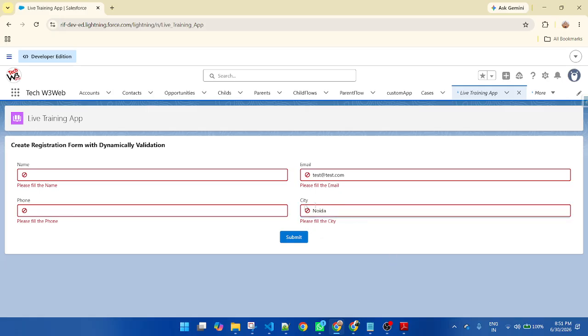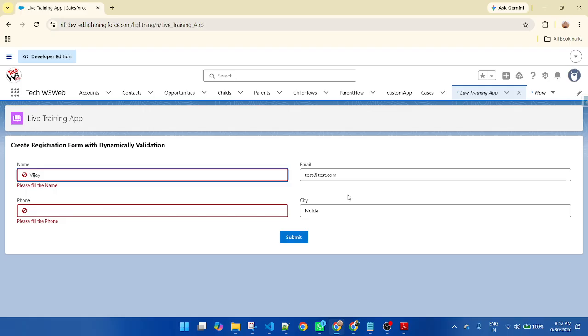This is the name of the city. Then I put only two input fields, name and city, or email and city. Then click, because both of the input fields I put, both of these still show an error. If I put all of the input fields, all of the input messages will be hidden.